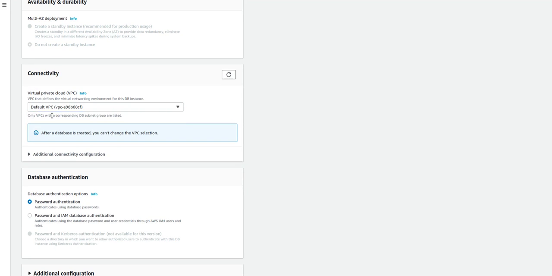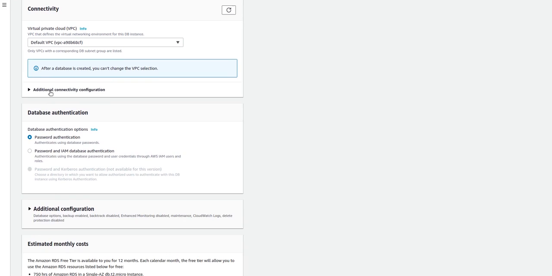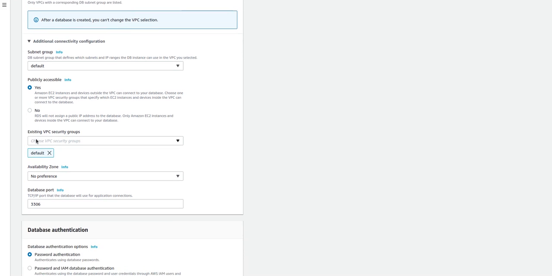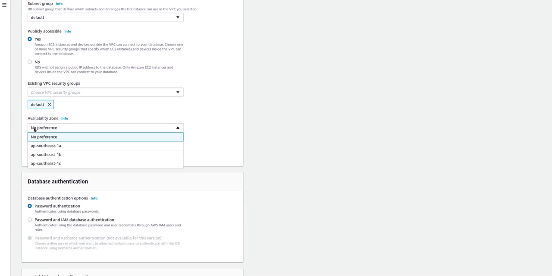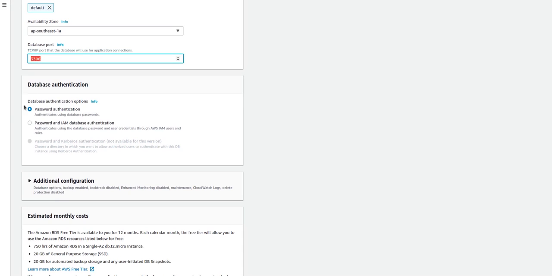database in the default private VPC, virtual private cloud, and for additional connectivity I need to connect to my MySQL database publicly, so I can connect my application with this database. I will keep the service as default, and I will choose the availability zone as ap-southeast-1, and I will keep the port number as 3306, and database authentication is going to be password authentication,